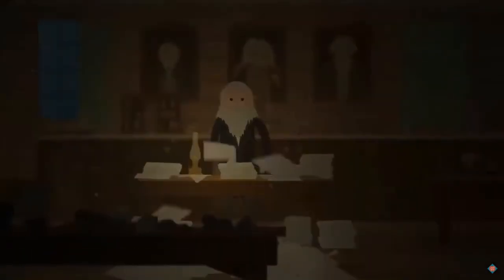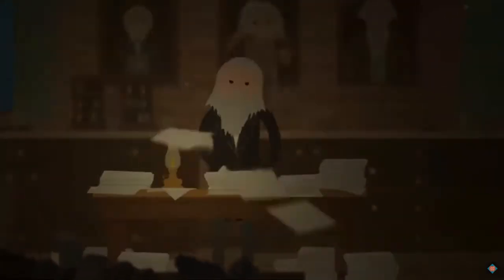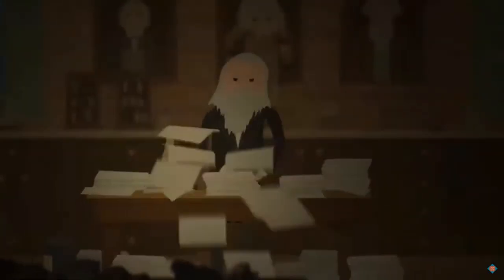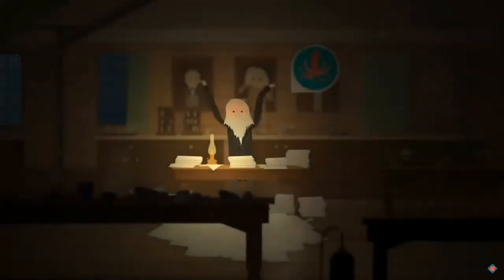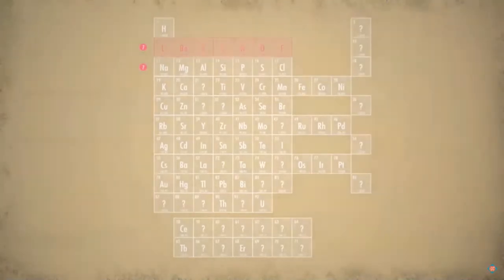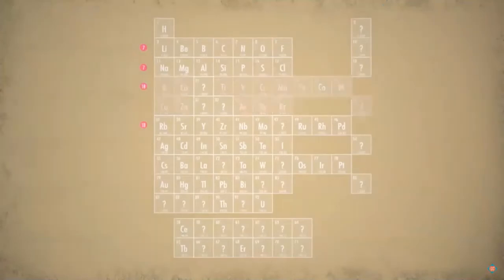You write out the names and weights and properties of elements on cards, you lay them across your desk, shuffle them, tear them to pieces in frustration until one day you realize that you're simply missing cards. The numbers aren't working, not because there's something wrong with your ideas, but because some elements simply haven't been discovered yet. Armed with this insight, you insert gaps into the table, and things suddenly fall perfectly into place. 7 element periods for the first 2 rows with hydrogen in its own category, 18 element periods for the next